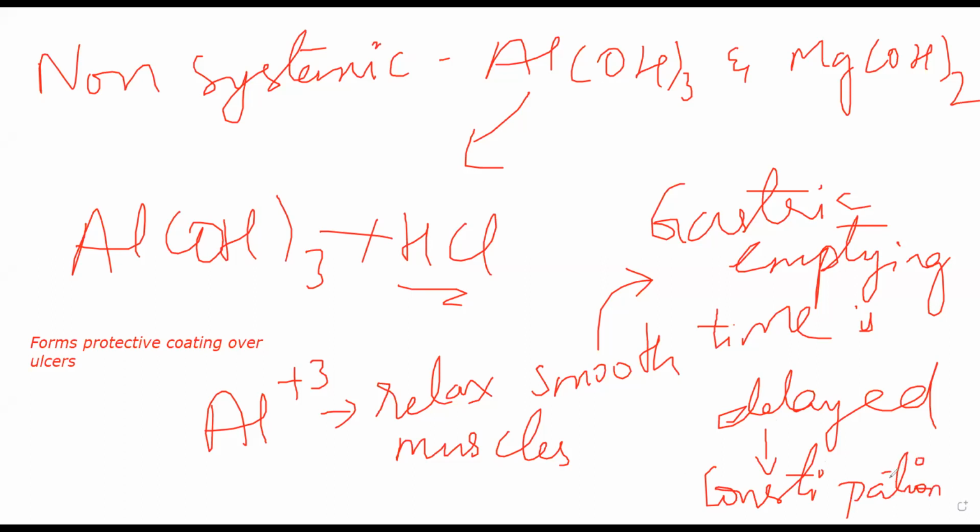Another problem with aluminum hydroxide is that it might react with phosphates in your body. PO4 3 minus, phosphates that are present inside your body, which are very important for your bone health and your teeth health, those might react with aluminum and make aluminum phosphate compounds, and it might cause hypophosphatemia. Especially if you are using it for a very long period of time, it can cause hypophosphatemia, which will have a negative impact on the bones of that person.